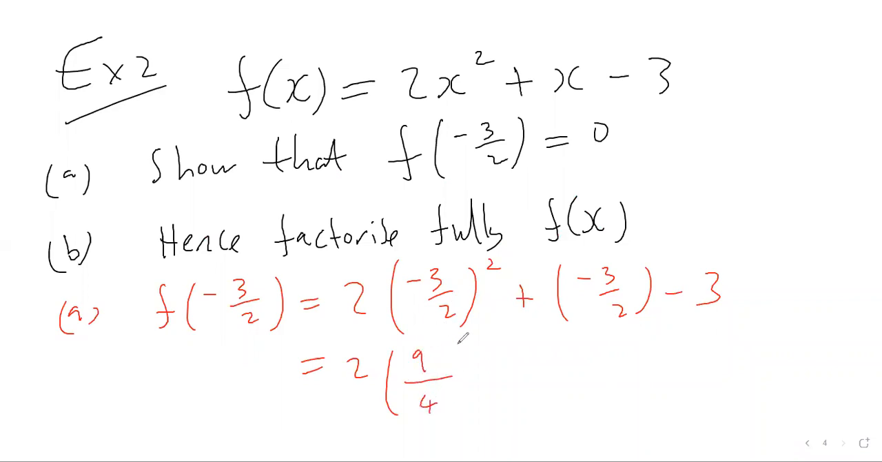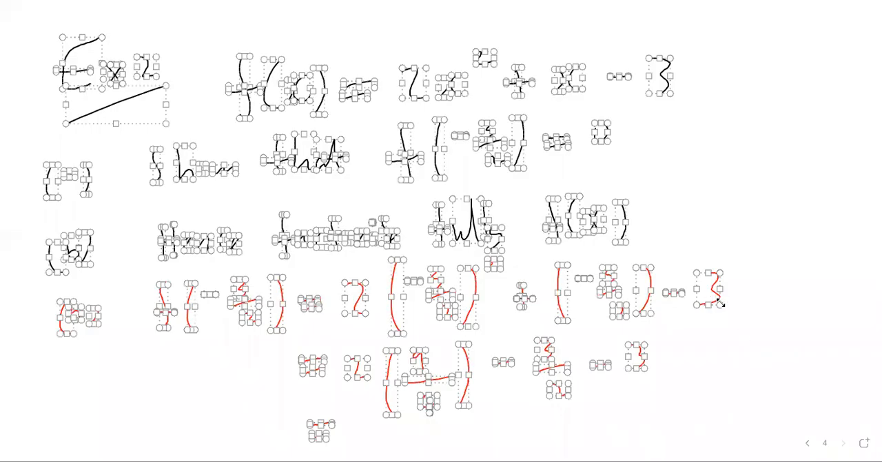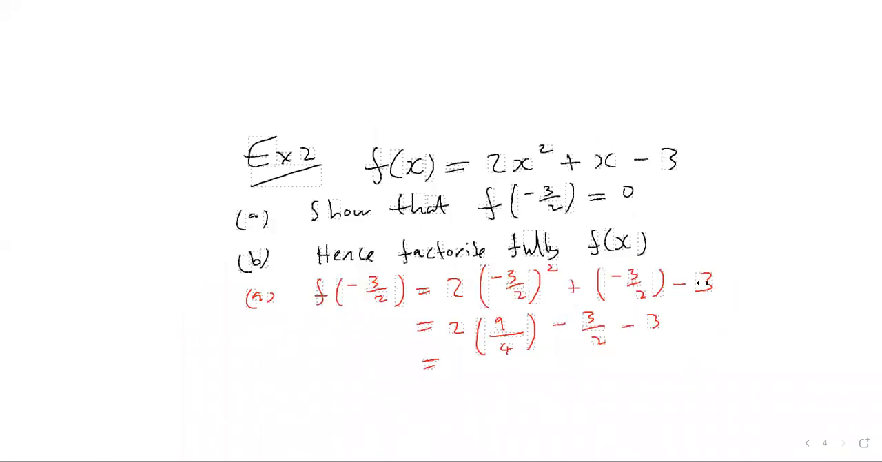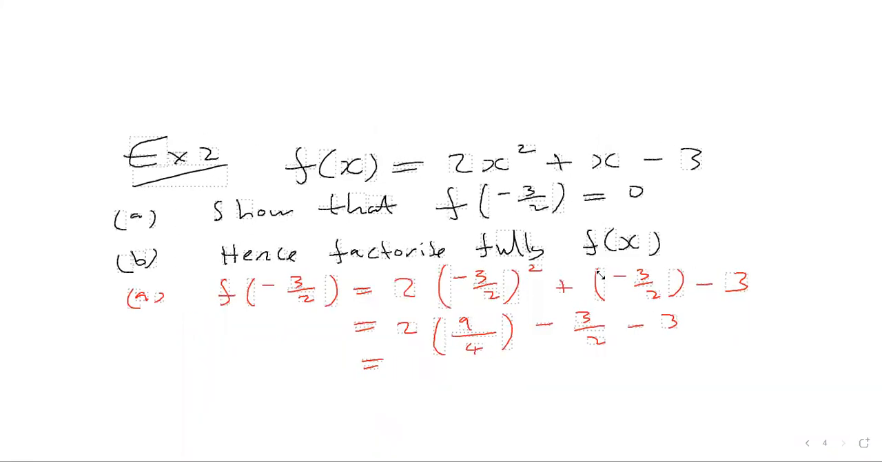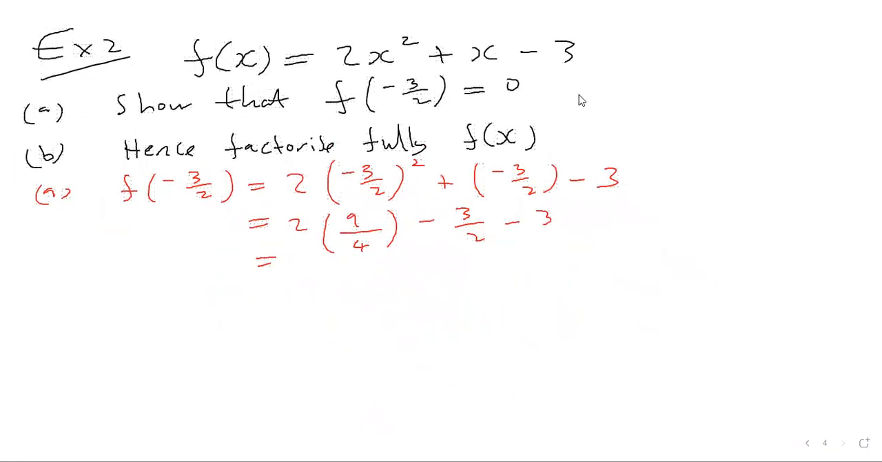So minus 3 times minus 3 is just positive 9, and 2 times 2 is just 4, so we get that. And then plus, well, actually, I'm just going to put a negative sign there instead. So minus 3 over 2 minus 3. And then if we just tidy this up further,